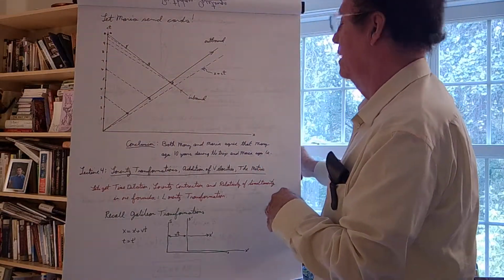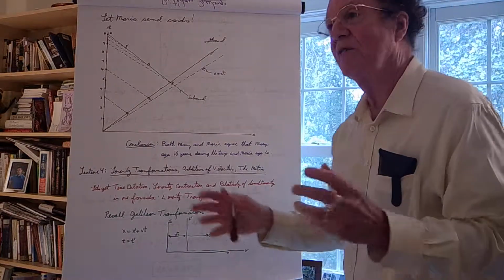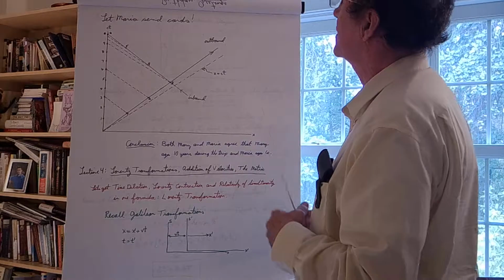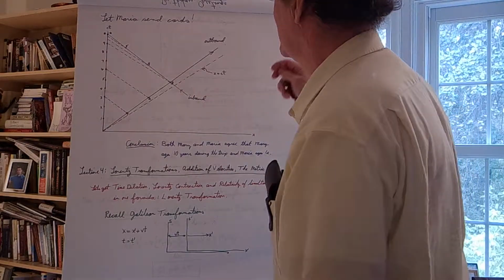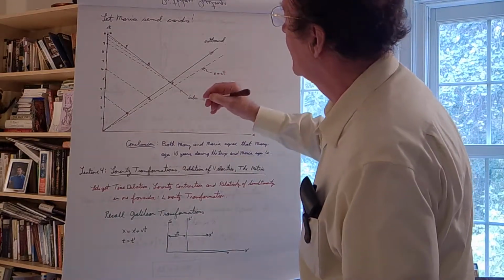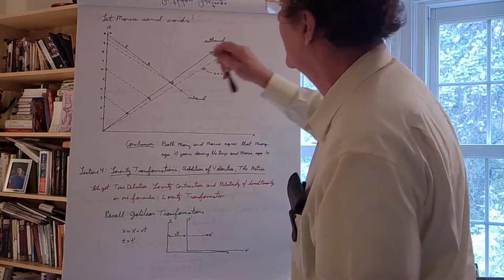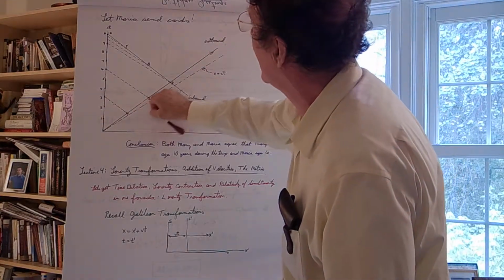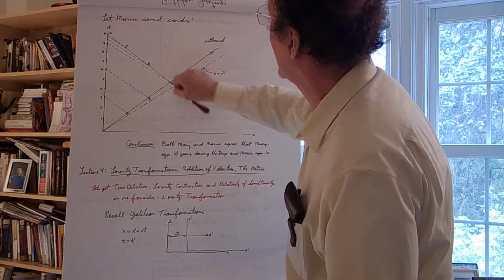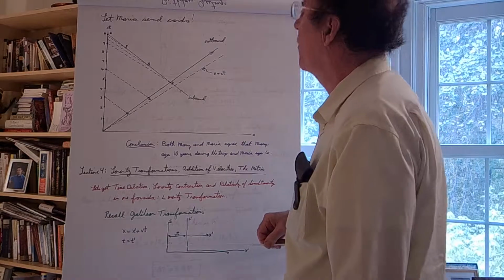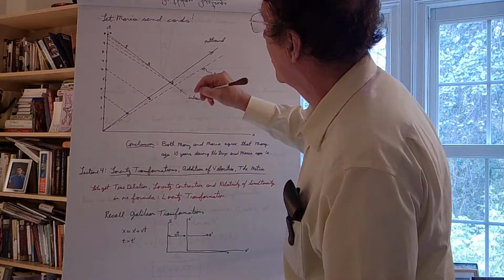Okay? To resolve paradoxes, you've got to look at it from both perspectives, otherwise you're fooling yourself. So now we let Maria send the cards. Maria sends cards on her first birthday, second birthday, and third birthday, and they're shown here. These dashed lines are at the speed of light. They're cutting through at 45 degrees, and so